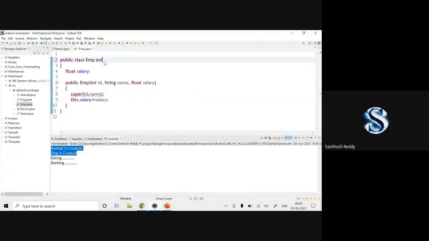Exactly. Sorry, extends person. Extends person. Then you can check it out. Super is immediately calling the person's constructor.